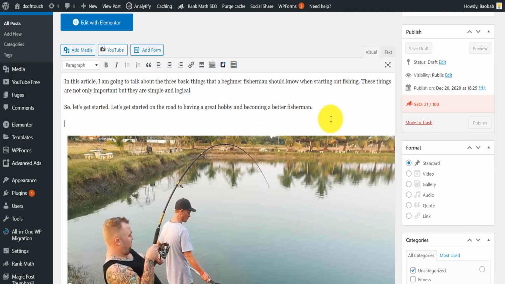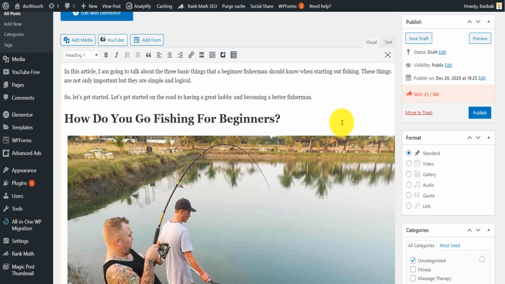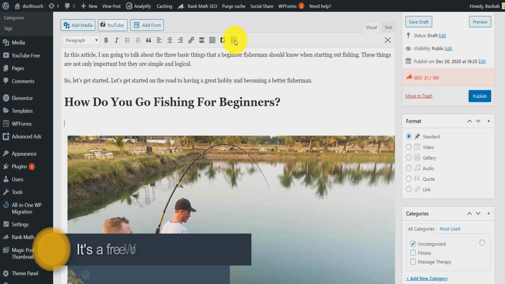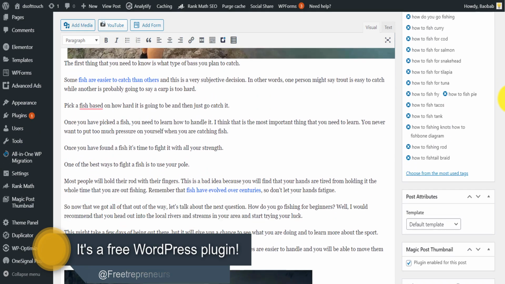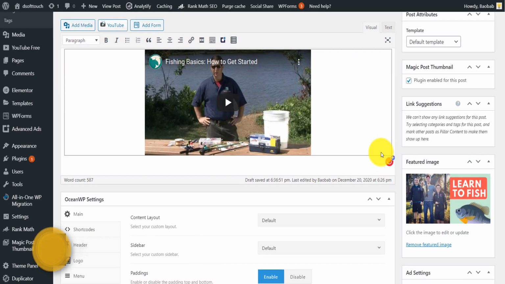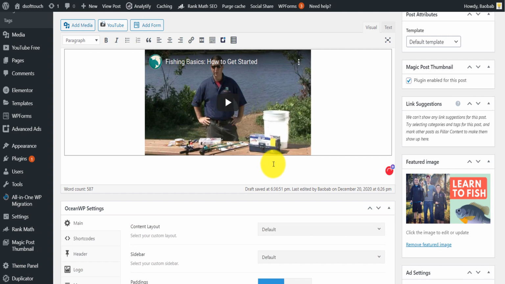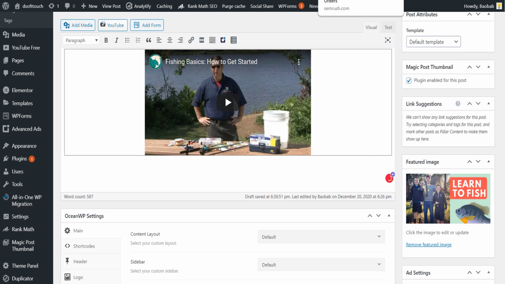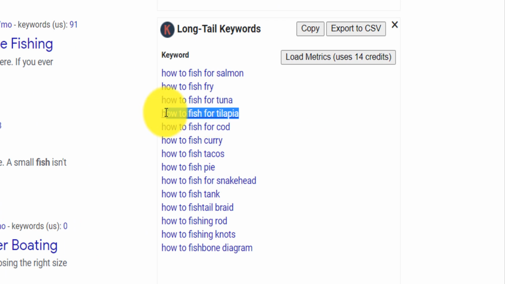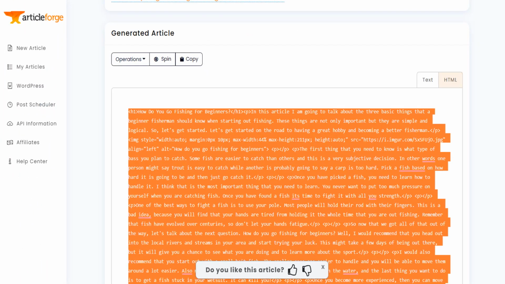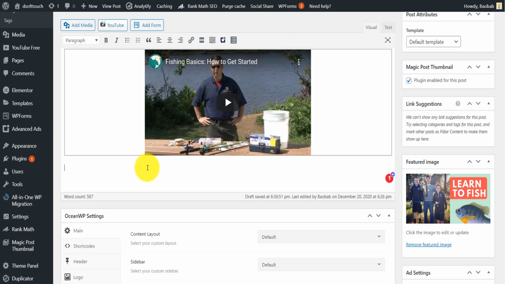And then here you paste your H2 title. Below you add the table of content, and then from here you can also write about other keywords. Like if I want to write again, for example, on another keyword, how to fish for tilapia, I will just copy that, I will paste that in articleforge, get that content, and then on this page I will just paste